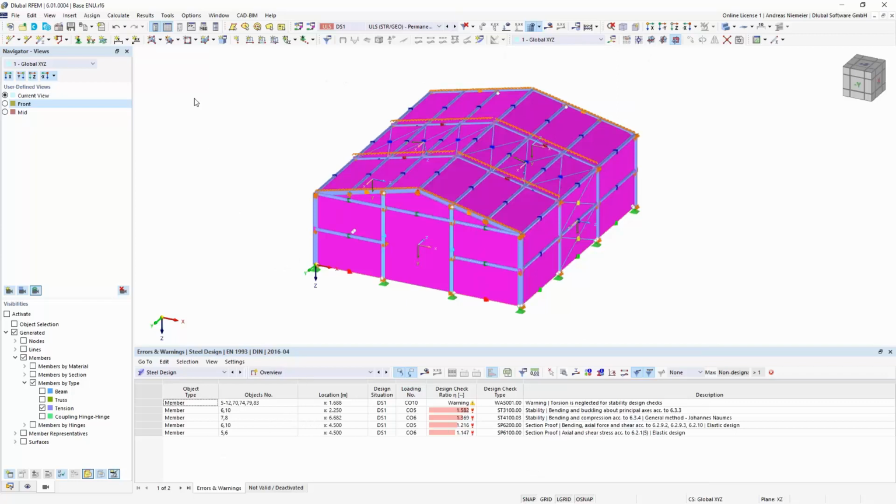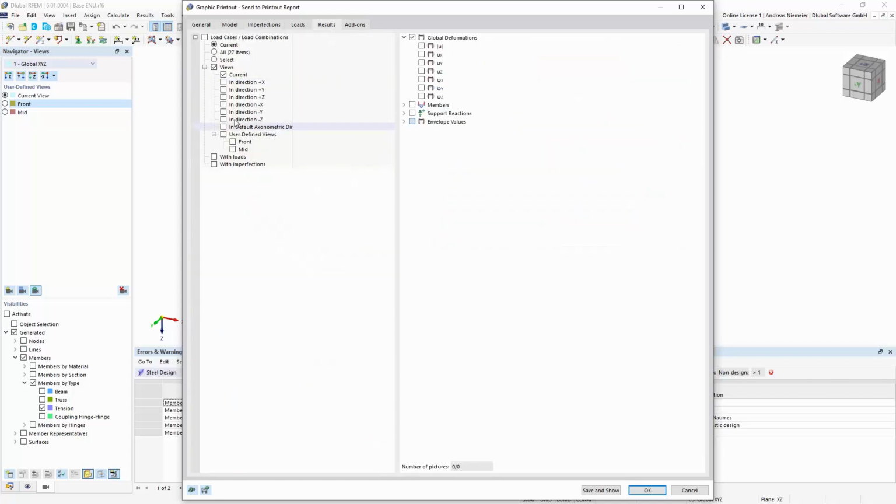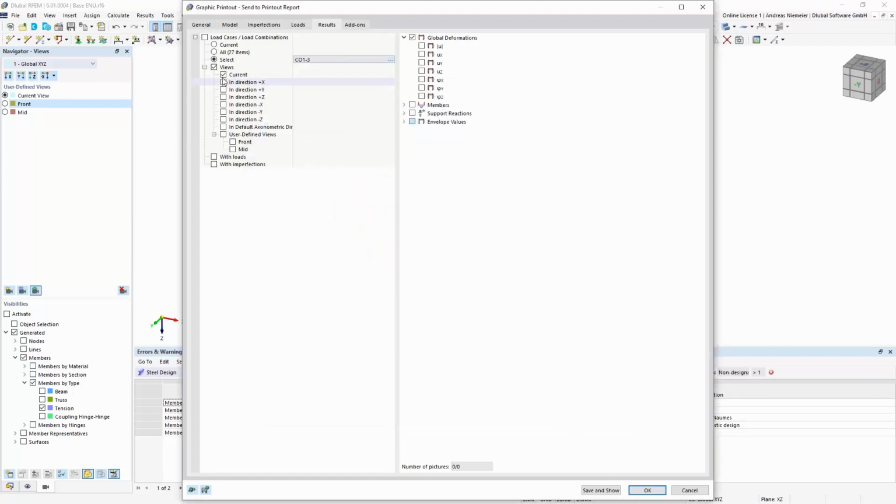And if you want to print results, it's also possible. You go again to this printer application and let's make multi-print pictures, make window filling, maybe height of picture is okay, 3D option we remove, and let's go to results, use maybe results for different load cases, maybe for 0, 1, 2, 3, for example, with the views front and mid.